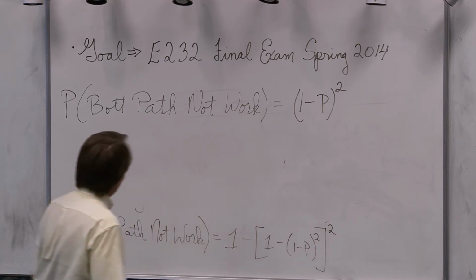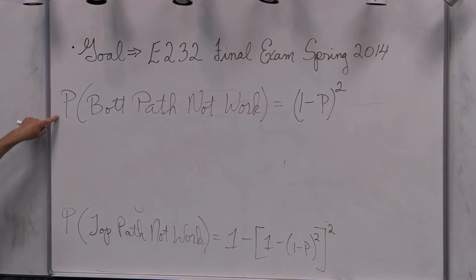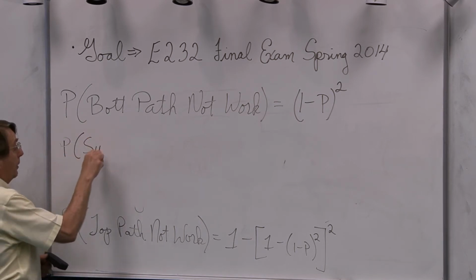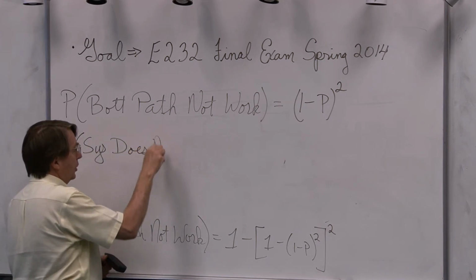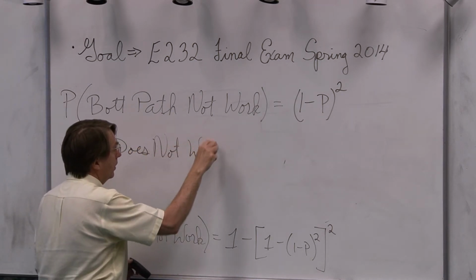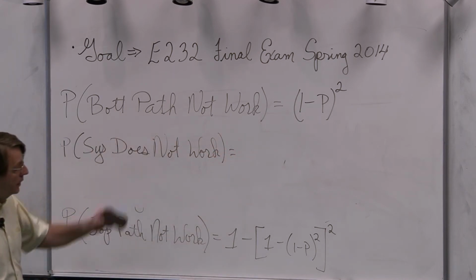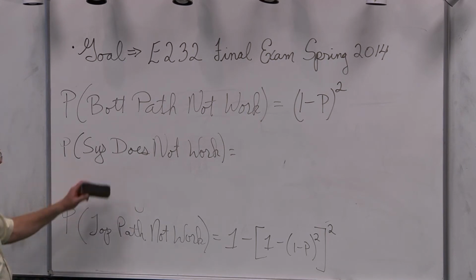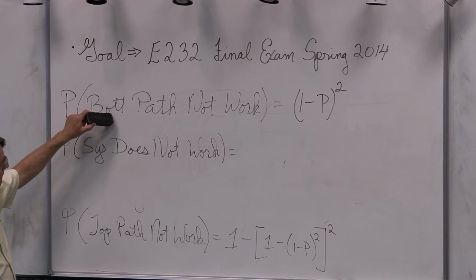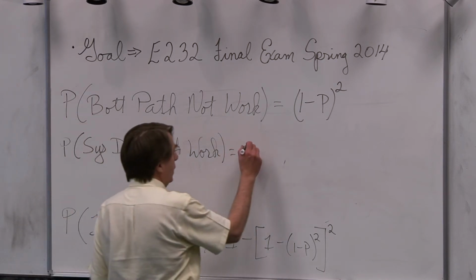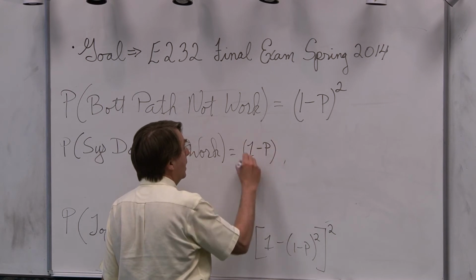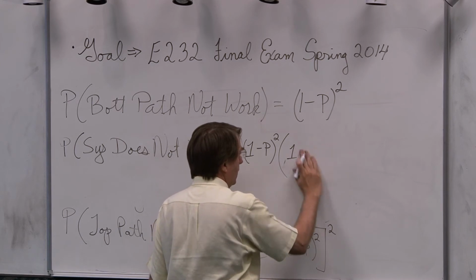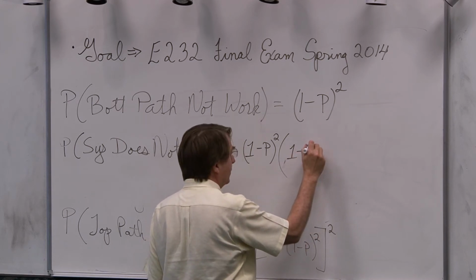All right. So I now know the probability. Bottom path does not work. Top path does not work. So therefore, the probability that the system does not work is this times this. Because the only way the system does not work is if the bottom path doesn't work and the top path doesn't work. So this is 1 minus p squared times 1 minus, a lot of 1 minuses here,